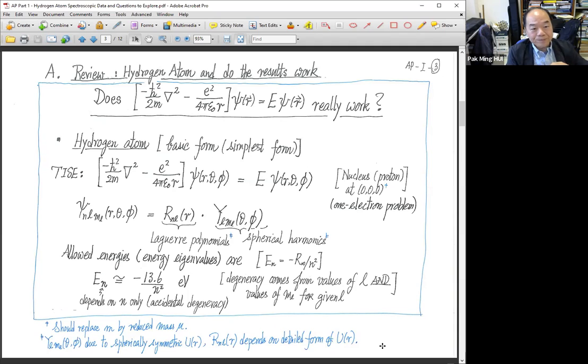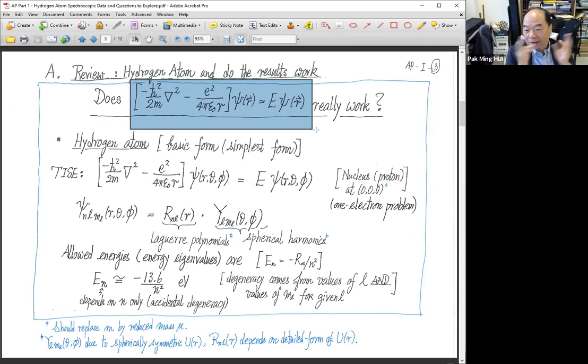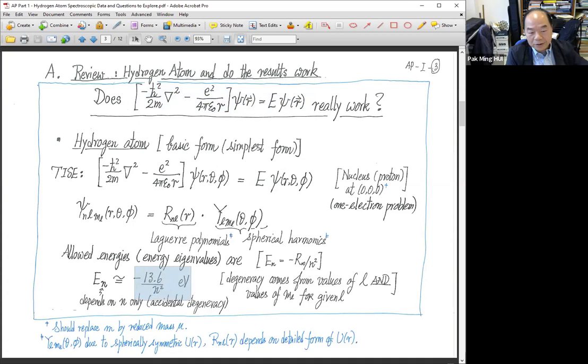So the first thing about the hydrogen atom is the Schrödinger equation problem. The first term is the kinetic energy term. The second term is the Coulomb term. So this is the simplest form of the hydrogen atom problem. Schrödinger, in his 1926 paper, solved this problem. And he showed that the answer is this,